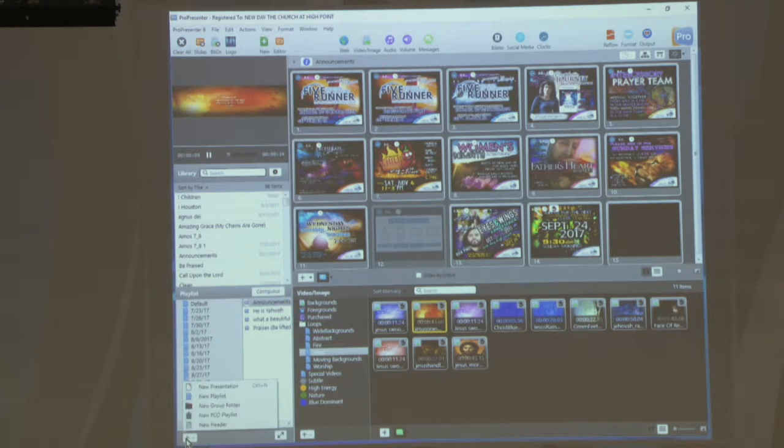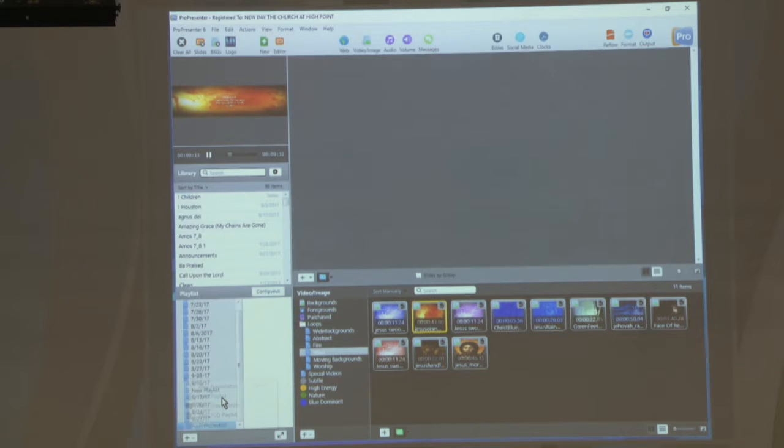So we'll click plus on there and then create a new playlist. That way it'll drop it down underneath. And when it first creates it, there's no songs loaded in there, but it'll be highlighted. So you can just add the date. It is October 1st, 10/1/17. And so that'll create,